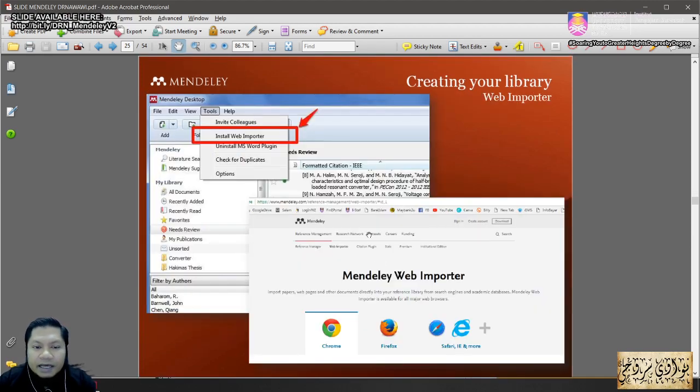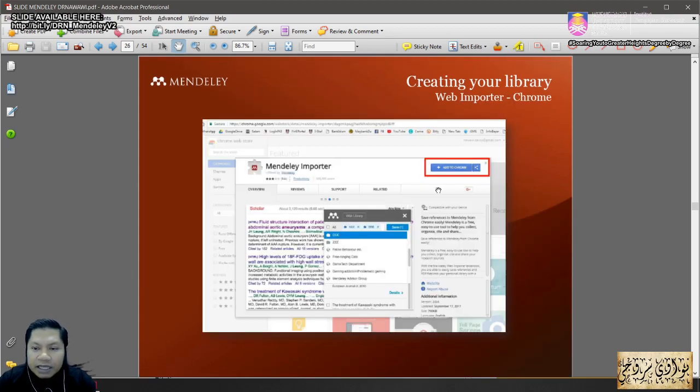Okay, then there is also a web importer. Remember, I did mention that you don't have to download the paper PDF to your laptop. You can actually directly push whatever you have on the internet directly into your Mendeley, and you must install the web importer here for you to be able to use the function. Okay, once you install the web importer, then you can directly add,